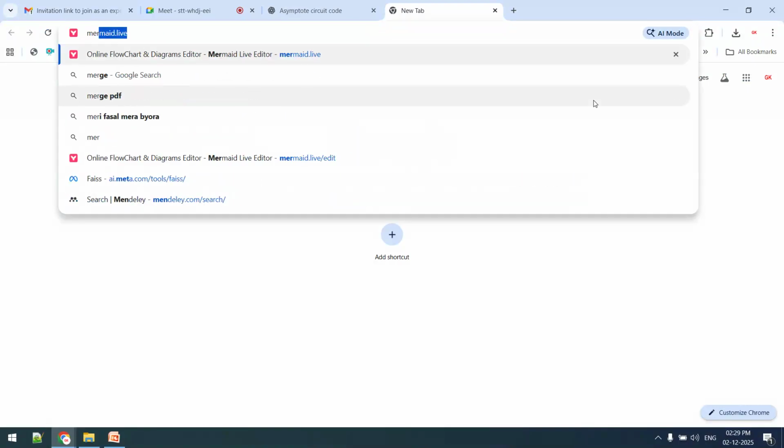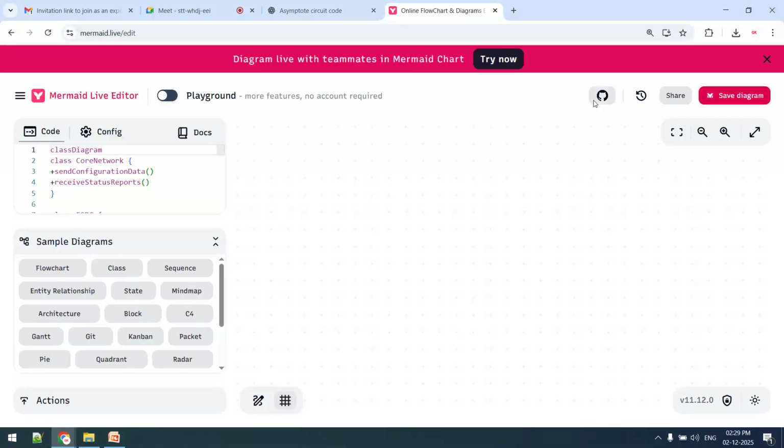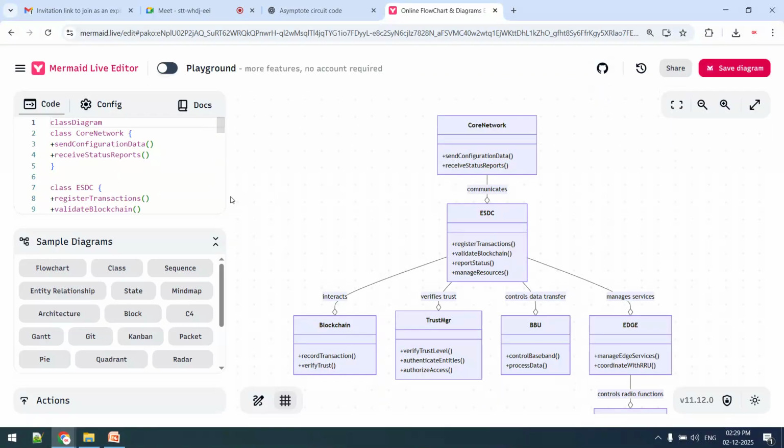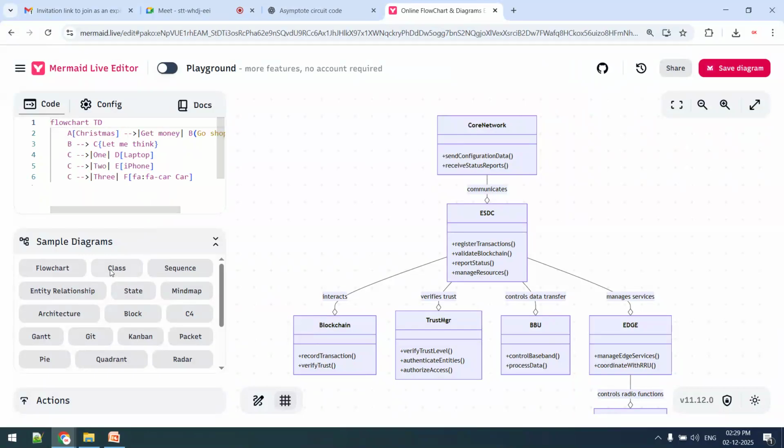Diagram as code. Diagram as code service. This one. First of all, we will understand the meaning of diagram as code, and by which